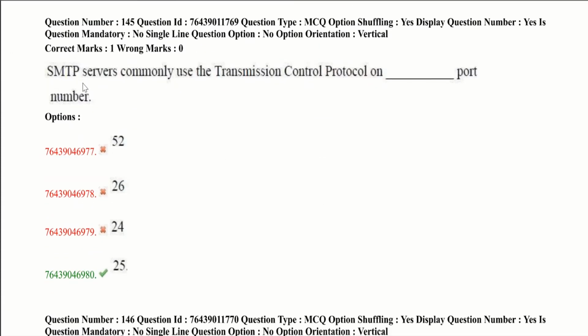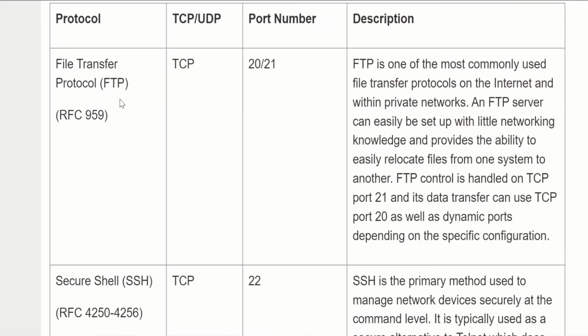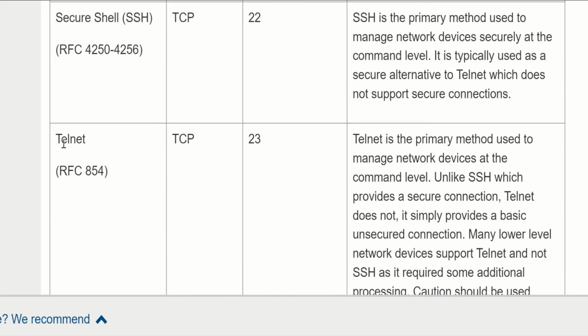Simple Mail Transfer Protocol servers commonly use the Transmission Control Protocol on dash port number. Now I will say the important protocols that you must remember for the exam. FTP, it's 20 or 21. Secure Shell, SSH, 22, and Telnet, also very important, 23.